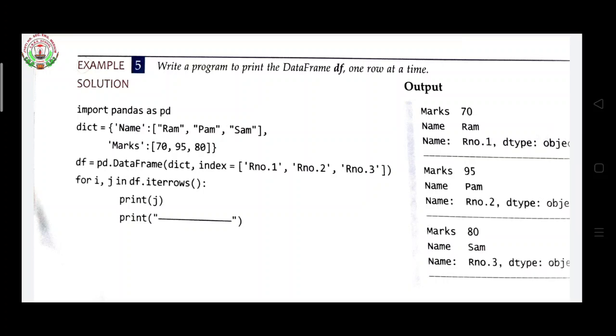So how it works: here I had taken two variables in the for loop, for i, j. I am calling j, the second variable. What two values did I enter in dict? First is name and another one is marks, in square brackets, so two values are there, meaning two columns are there, one is marks and one is name.